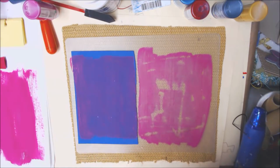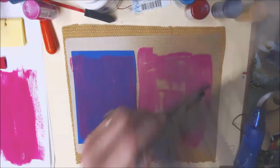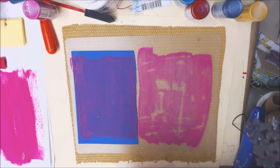You can use, you know, something, flowers, stencil. You can use a flower mat. You can use,